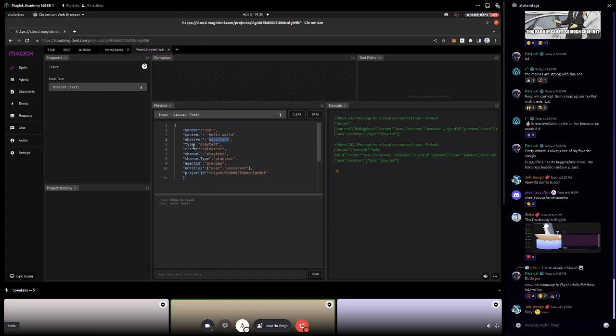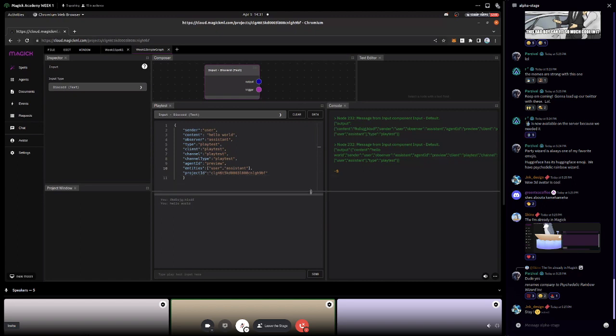These are really boring values: type, client, channel, in the playtest window. But in Discord, that might be like type is DM, or type is, I guess just feed. I think it's feed. And then client would be Discord. Channel would be the server. Channel type, I don't even remember. It depends. I think that would be if it's text or audio or whatever that is. The entities are the users that are actually involved in this conversation, so we can track multi-user conversations, and then we just have our project ID. So that's the data that gets sent to the input.